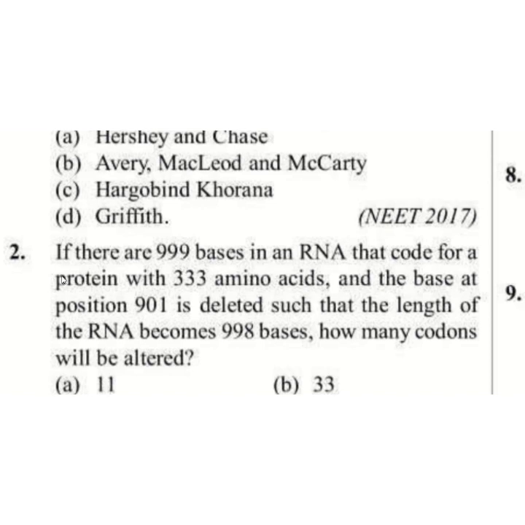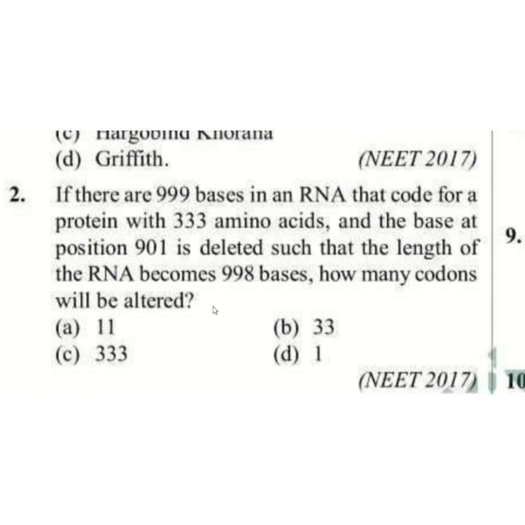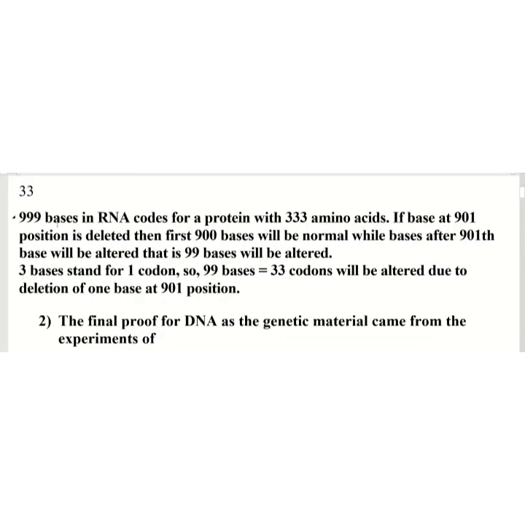If there are 999 bases in an RNA that code for a protein with 333 amino acids, and the base at position 901 is deleted such that the length of the RNA becomes 998 bases, how many codons will be altered? Let's see. 999 bases in RNA code for a protein with 333 amino acids. If the base at 901 position is deleted,